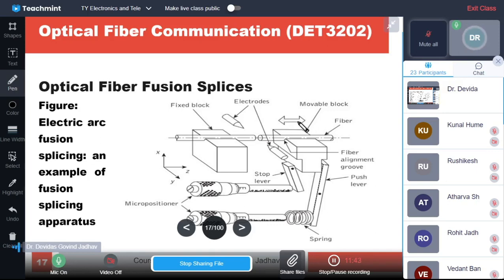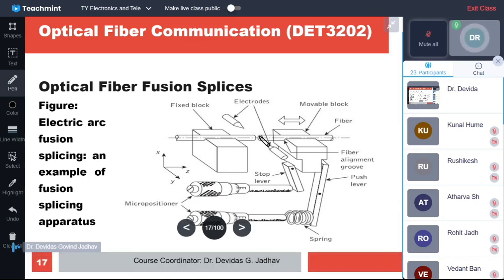The block moves in either forward or backward direction. The fibers are placed in the V groove of both the blocks, and then the fibers are very highly longitudinally aligned, laterally aligned, and angularly aligned. So there is no longitudinal, lateral or angular misalignment. Whenever the already end-prepared fibers are put in an aligned manner, end preparation and alignment are achieved. Both are important for the performance.